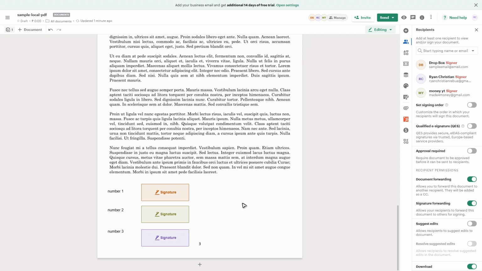Okay, that is it. That's how you add multiple signature fields in PandaDoc, or proper way to add multiple signature